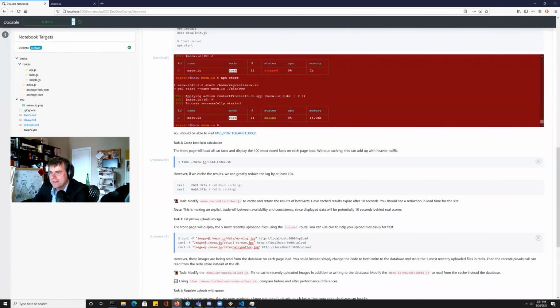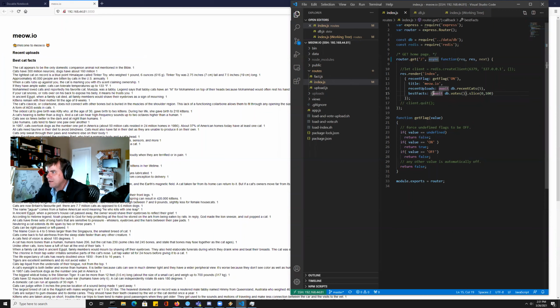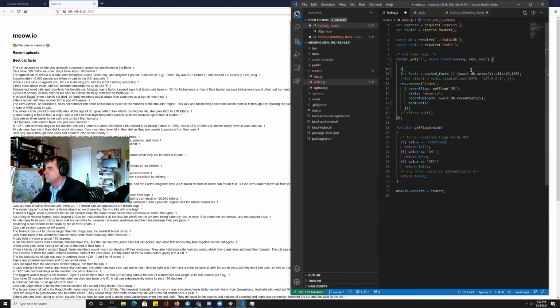So the first one is when you saw that cat fact calculation and you look at the code, it is basically pulling all the votes that are sorted and then just taking the top 100. And every time you load the page, it is getting this. And so what I would like you to do is to take this calculation and move it out and then do something like let facts equal cache facts for this. And then what I want you to do is